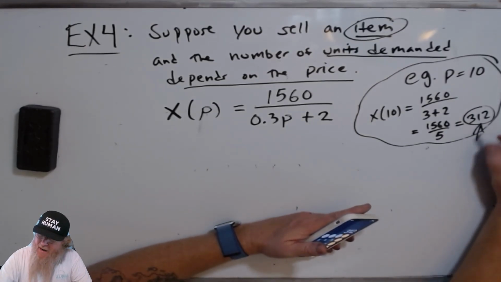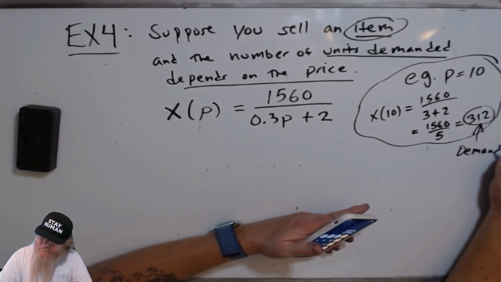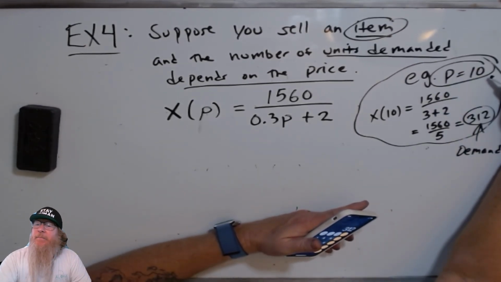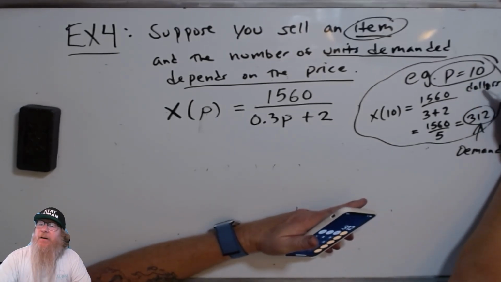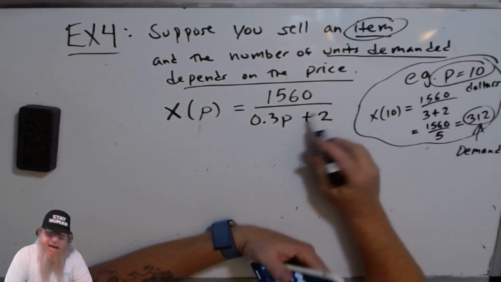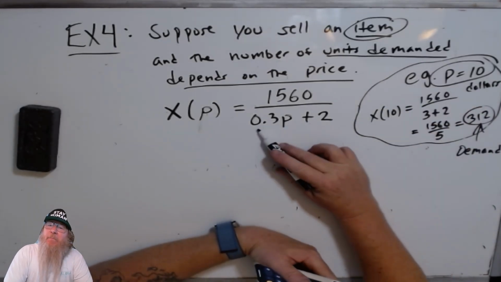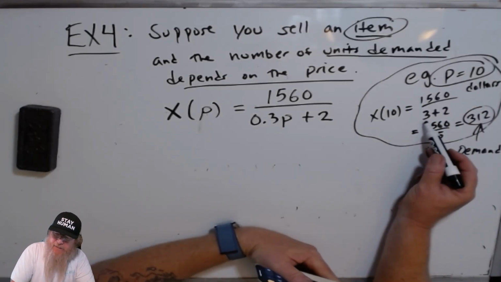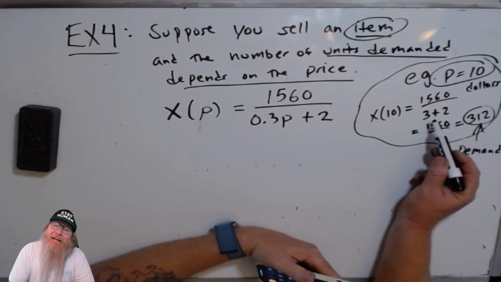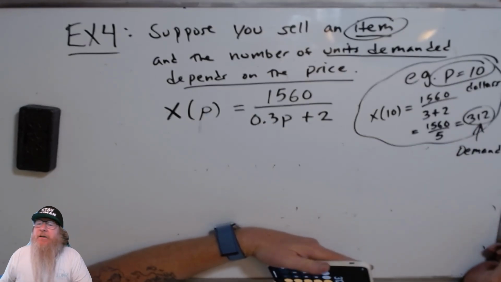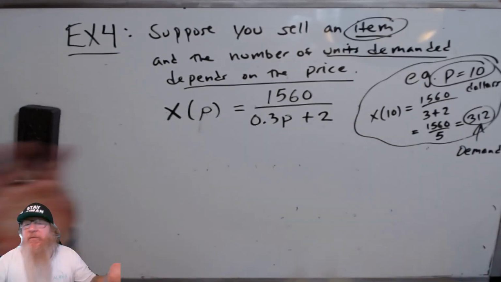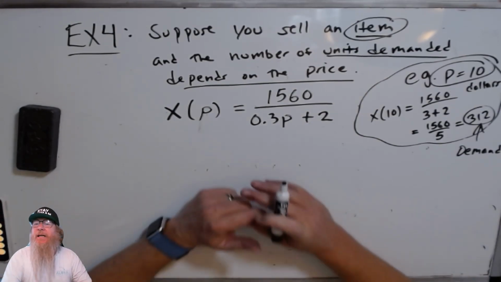So this is my demand. This is my price. So if I'm charging $10, I plug in 10 for the price. 0.3 times 10 just comes out to be 3. That's why I picked 10. 3 plus 2 is then 5. Divide this out. 1560 divided by 5 means 312 people, or 312 of these items, will get sold if they're